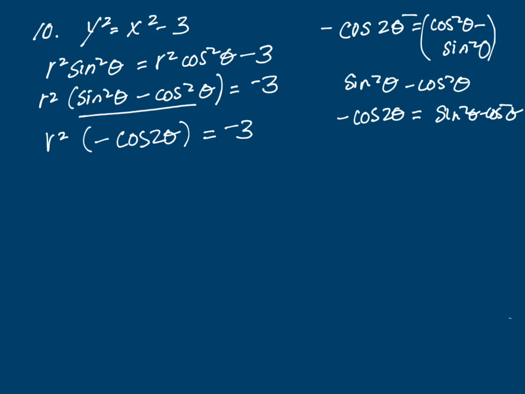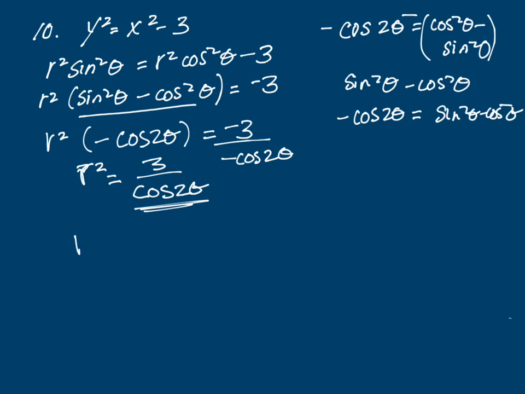So r squared equals, divide by negative cosine 2 theta, is a +3 over cosine 2 theta. And let's change that so we don't have a denominator. r squared equals 3 secant 2 theta. So that would be the right answer for number 10. Number 11,